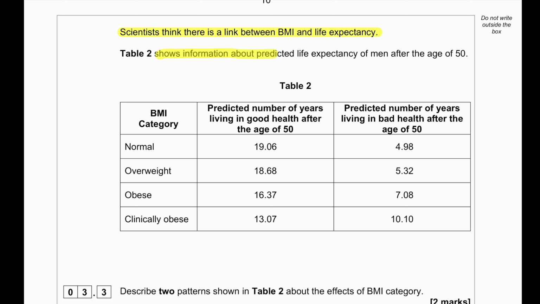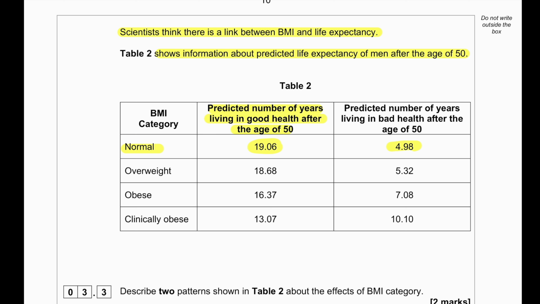Table 2 shows information about the predicted life expectancy of men after the age of 50, with normal age predicted. The number of years living in good health after the age of 50 is 19.06, and with bad health the predicted number of years to live is 4.98. Now,